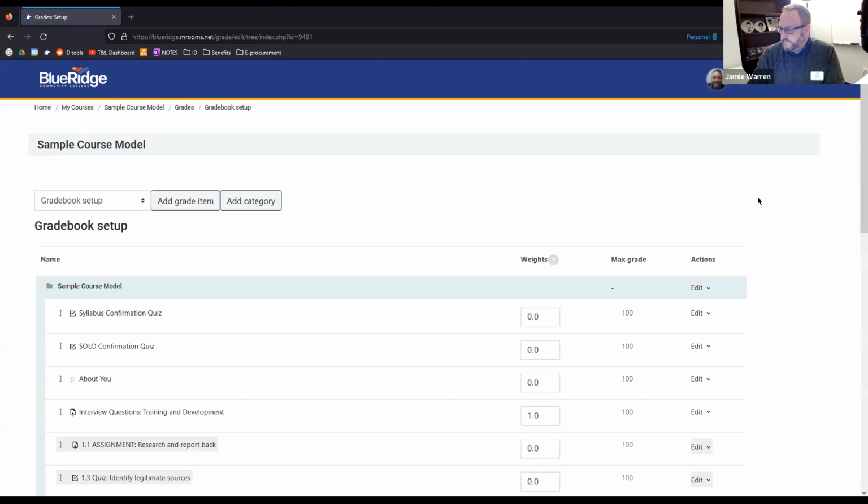Gradebook setup. Now here we are. It functions as you think a gradebook should. The point is to enter and calculate and share the grades with the students, and this is how they get their grades. But the setting up of the gradebook is very important. It may sound really obvious, but it's really important that you align the weighting of the gradebook with the syllabus. So if you were to update your syllabus, which I'm hoping you will every semester, the weights that you have, assignments, quizzes, final exams, whatever it might be,